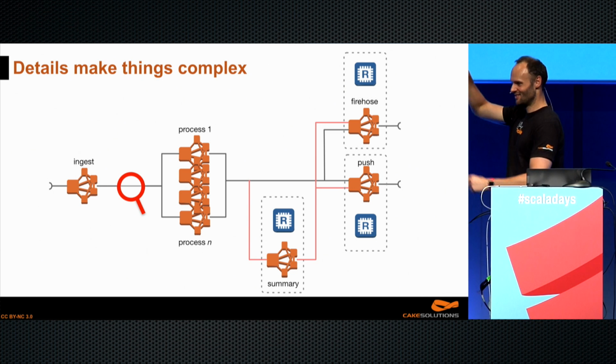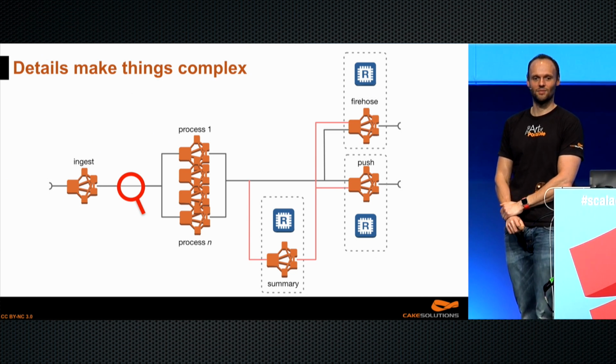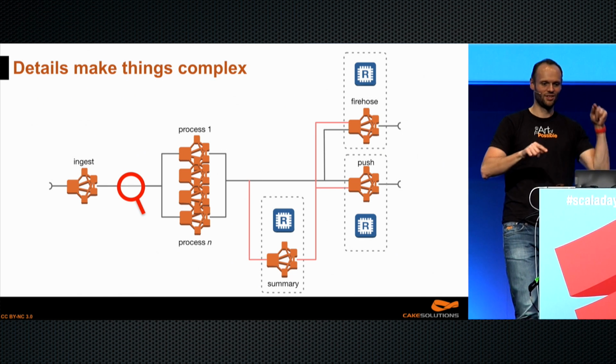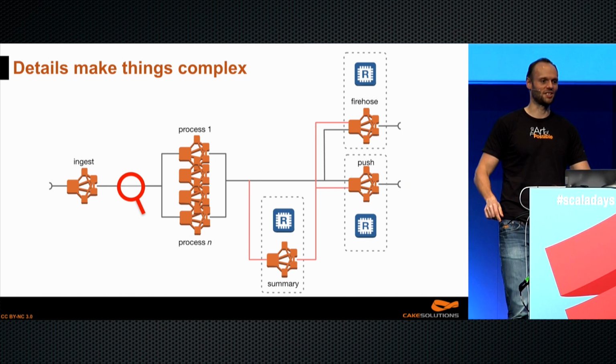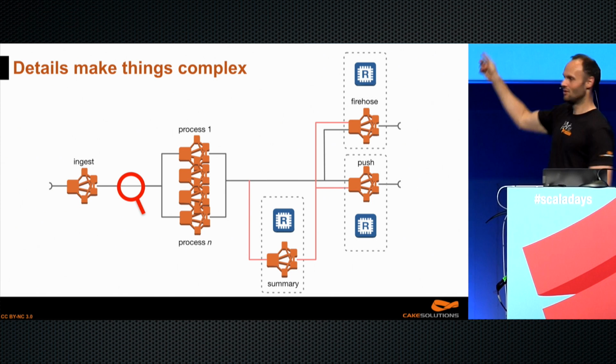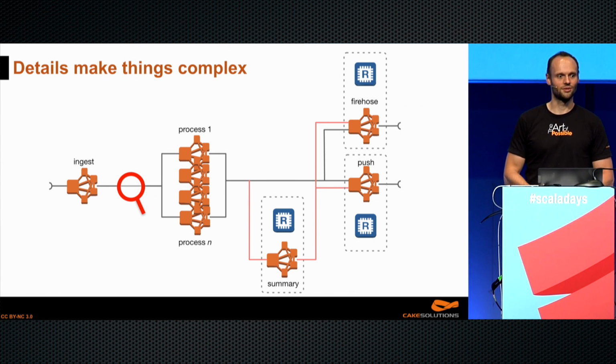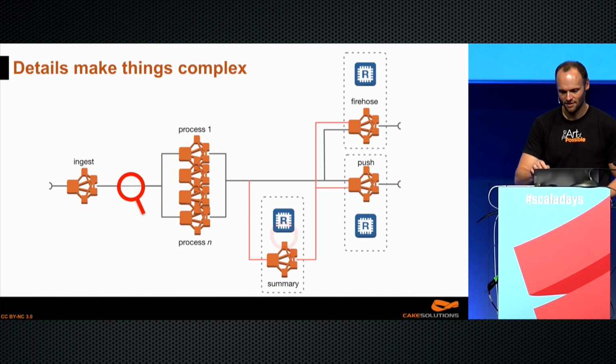I mean, these connections are great. We can all look at them on these architectural diagrams and say this is kind of cool, right? This ingestion service connects to these processes, but what is it? And how does it actually work? How does it guarantee that the messages will get to one of these processes? How does it guarantee that they won't get lost? So we need to take a look at that.